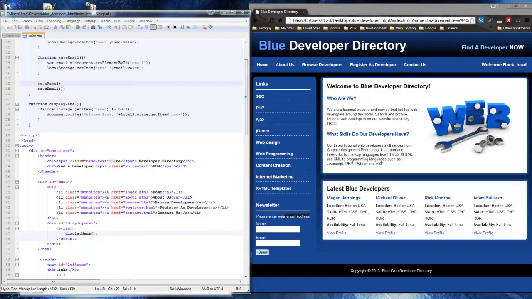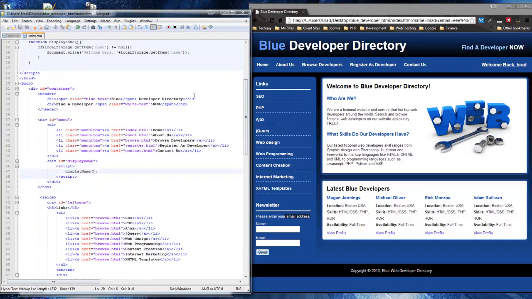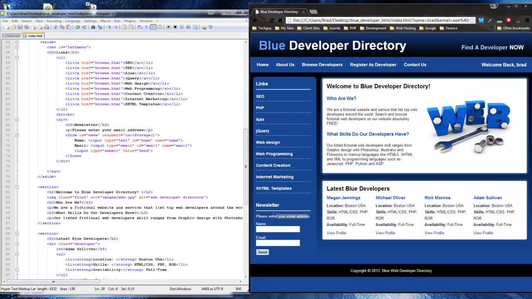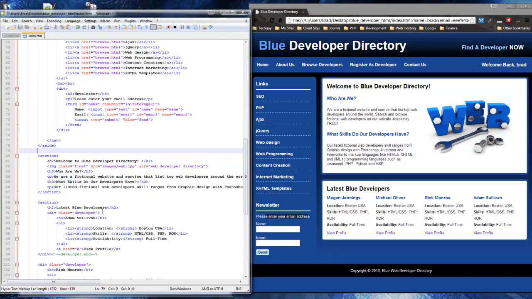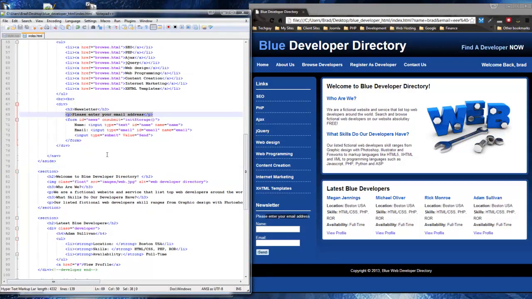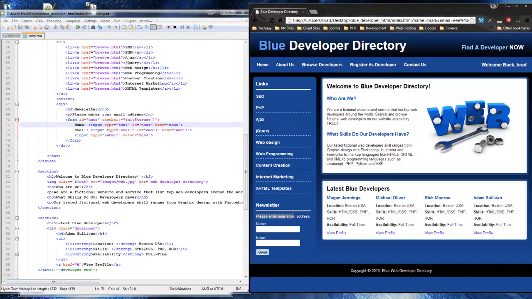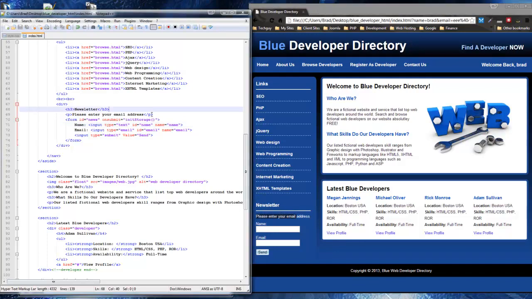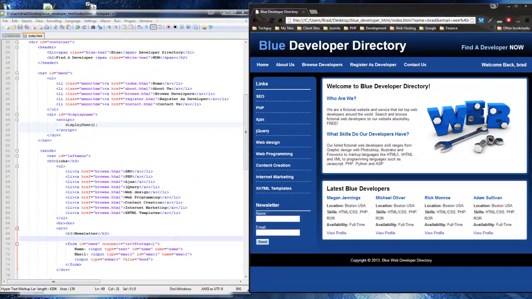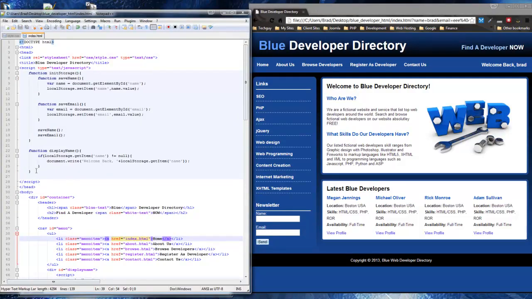Right now we have this text here, please enter your email address. We have that right here, but that's not what I want to do. What I want to do is set up an if-else condition. I want to say if we have it stored, then we want to display the email here, but if we don't, then we want this to display. So I can't keep it here. This is where the actual function will go. So I'm going to get rid of that for now, and I want to make another function,